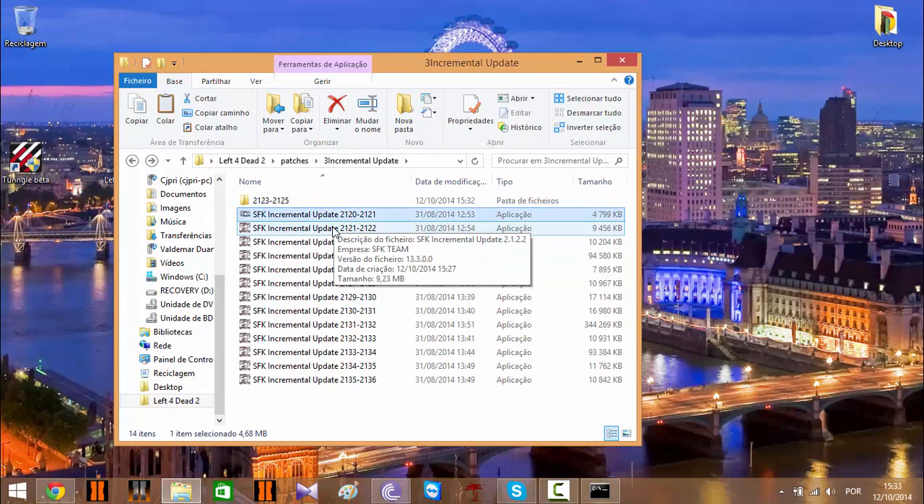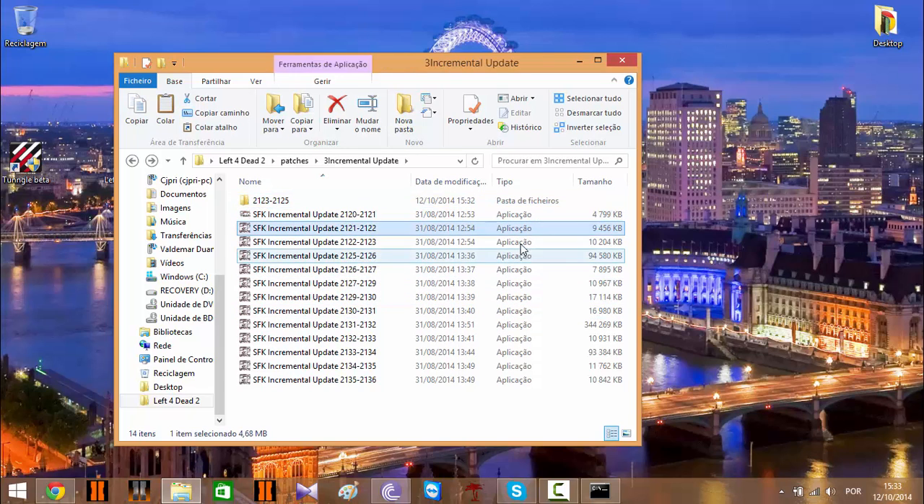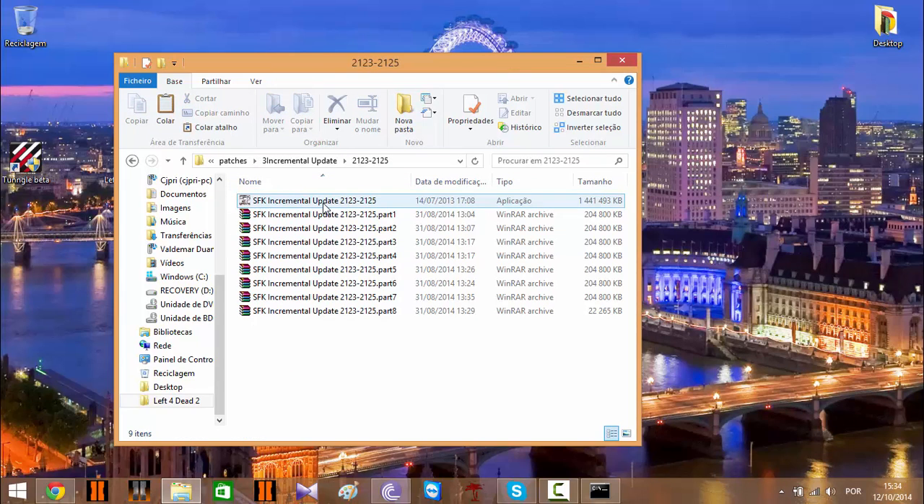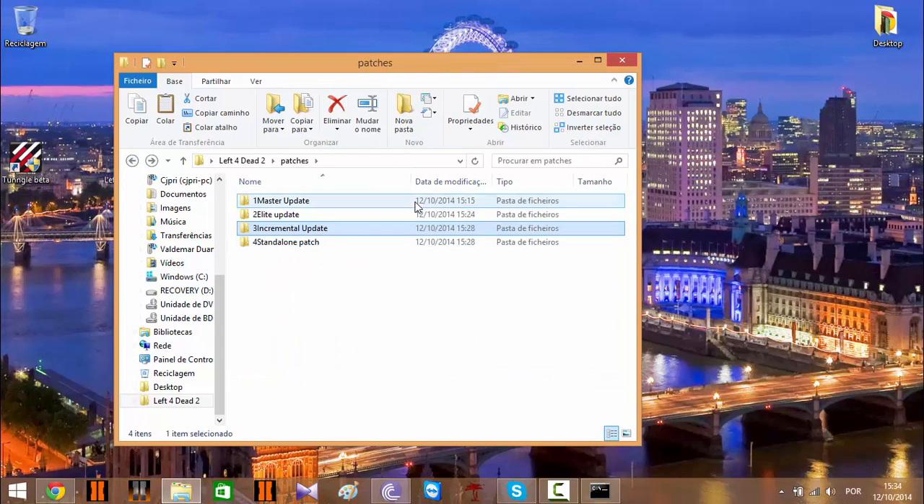And keep downloading all the other versions of the incremental update. So you will have all these from the first 22, 23, and now from the 23 you will have to download and install until the 25. So go back and start from the 26 and until the 2.1.3.6. Okay, now go back, and after we install,